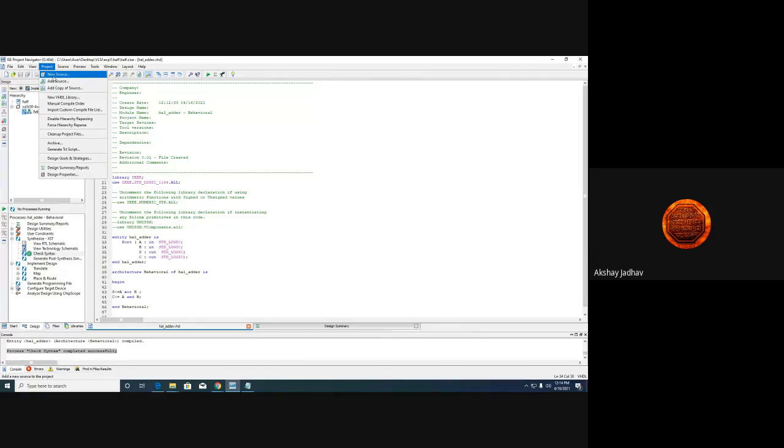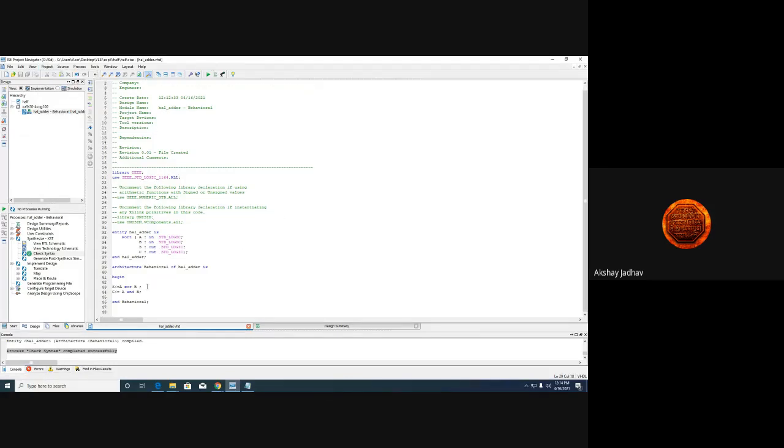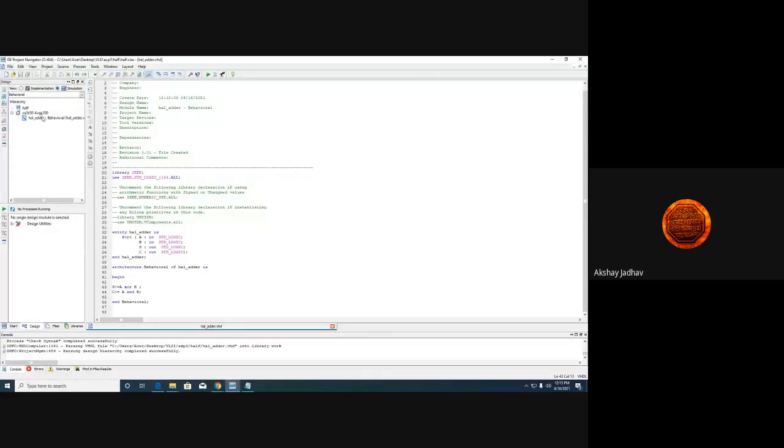After that, it asked us to select the ports. In that, we selected the 4 port pins, out of which 2 pins are input and the other 2 pins are output. This much we did, and at last we added a few Boolean equations in this architecture, and that would be your half adder. Then we checked the syntax. Now what we need to do is write the test bench for the same. In order to write the test bench, we need to go for the simulation, just click on it, and go to your project under that, new source.